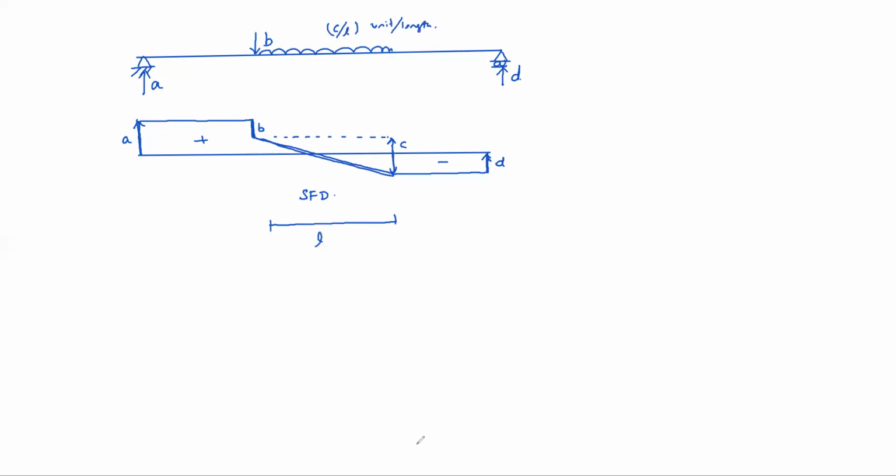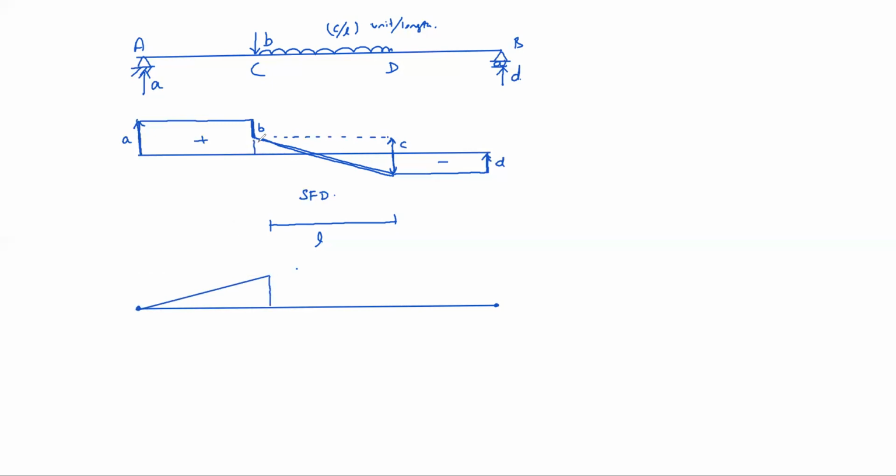Similarly, based on this shear force diagram, you can draw the bending moment diagram also. For a simply supported beam, here bending moment 0, here bending moment 0. So let us take A, B, C, D. In between of AC, what is the variation? In the shear force diagram, it is constant. That means here it is linear, increasing like this. Okay, I'll draw properly. Yeah, like this.